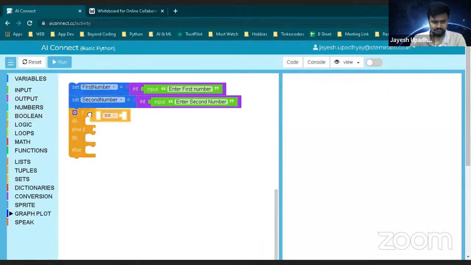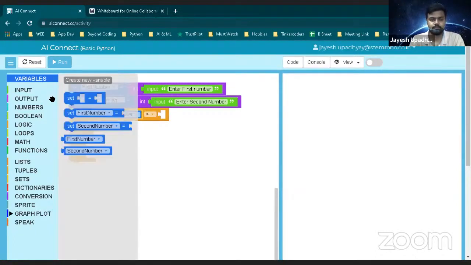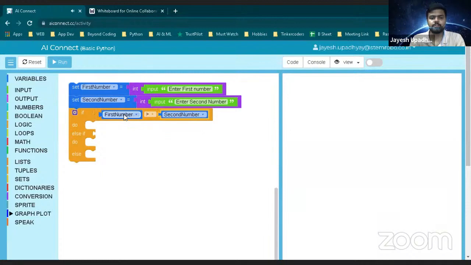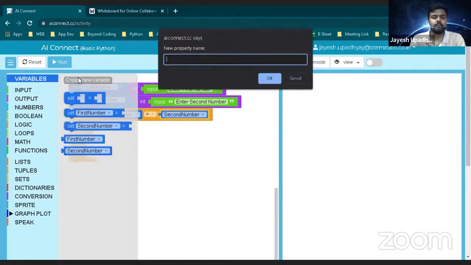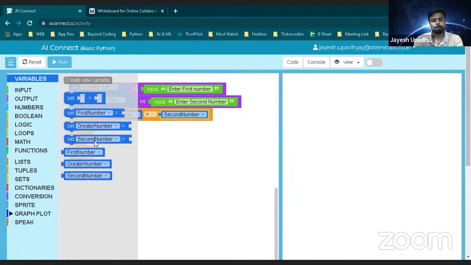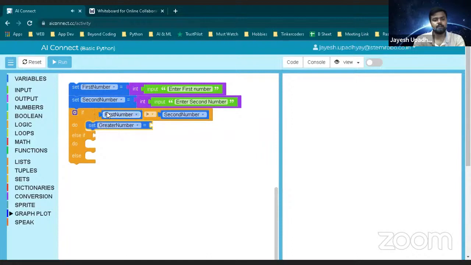Okay, I will just do it over here. Let me first check which number is greater, and I hope you are already aware of how to find a greater number. So first I say first number is greater than second number. If this happens, then I will write greater number is equal to first number.